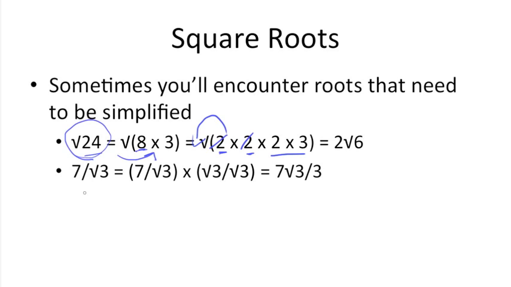So another instance of an answer that would need to be simplified is a fraction where you have a square root in the denominator, or in the bottom of the fraction. So here we have 7 over the square root of 3. A way to simplify this, or a way to make it an acceptable answer, is to move the square root. Now the easiest way to do this would be to multiply it by, in this case, the square root of 3 over the square root of 3, which is the same as 1, which is why we're allowed to do this. So what we get